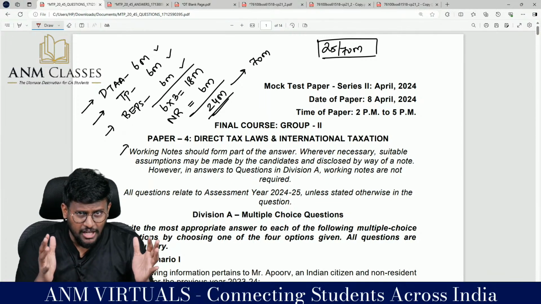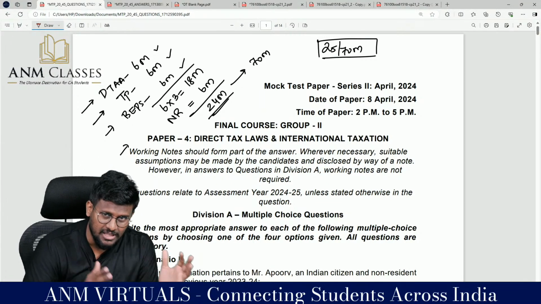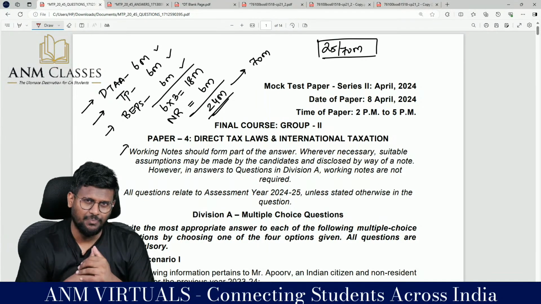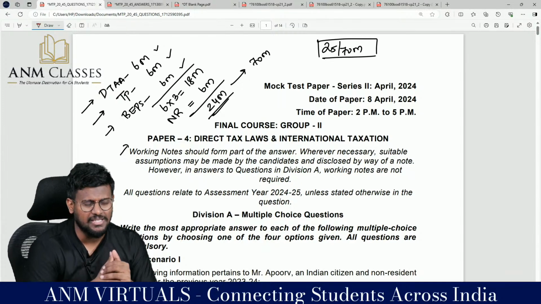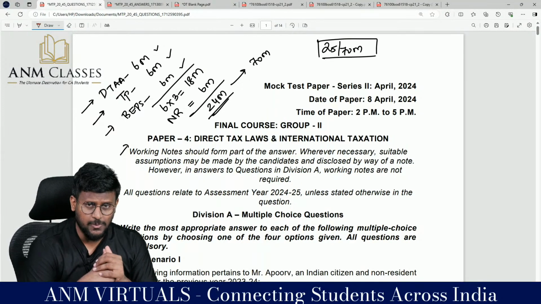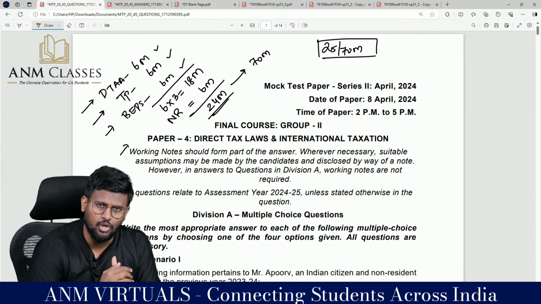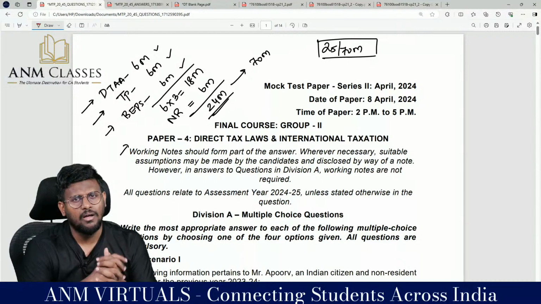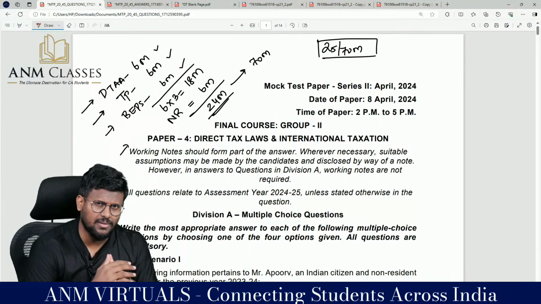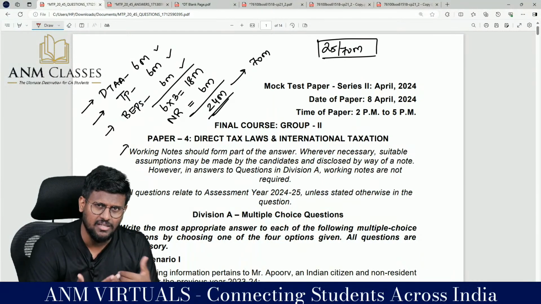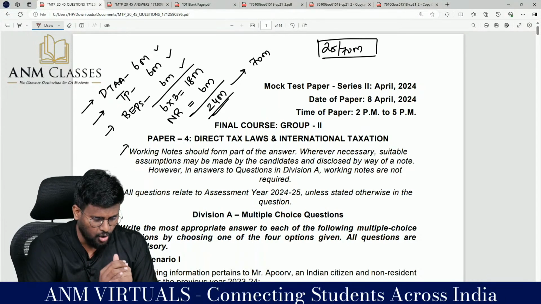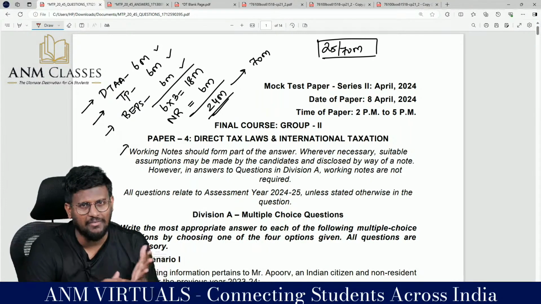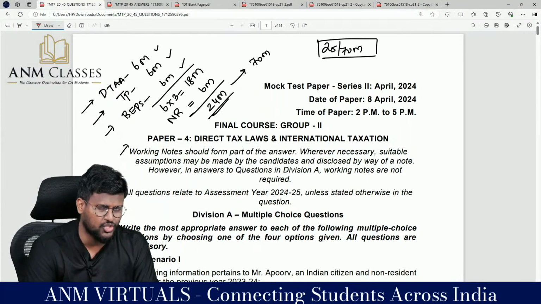If you are a CA final student who is going to write this time, especially in direct tax, taxation of non-resident plays a major role. I am expecting a 30-mark question from non-resident. Earlier also it was a 30-mark area, but minimum 30 marks. As I already told in the last lectures, DTA they have reduced the marks to 6 marks. Both the mocks have 6 marks, and I have done both the questions.